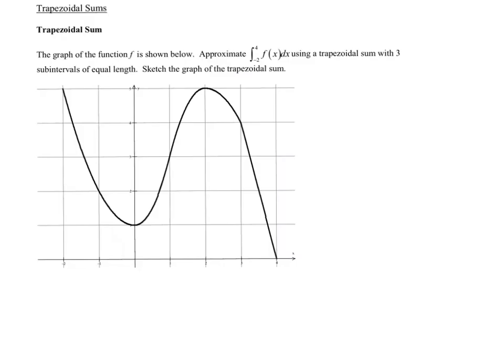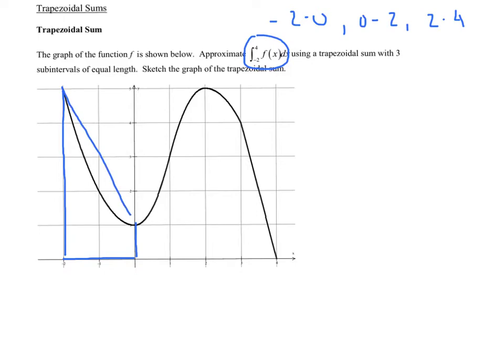I also wanted to go back to another picture that we were familiar with and comfortable with from yesterday, and that's this goofy curve called f of x. And let's see if we can create the 3 trapezoids that they are looking for. If we're going to go from -2 all the way to 4, we're thinking -2 to 0 is our first interval, 0 to 2 would be our second, and 2 to 4 would be our third interval. So if I start at -2 and go to 0, and I extend the -2 all the way up, there's my first height, and then the 0 goes all the way up,